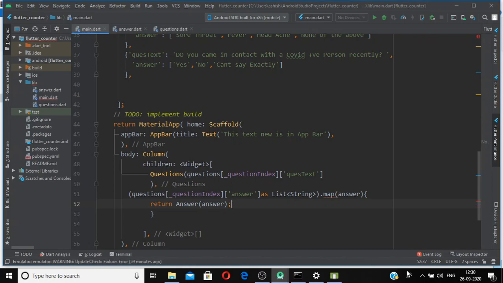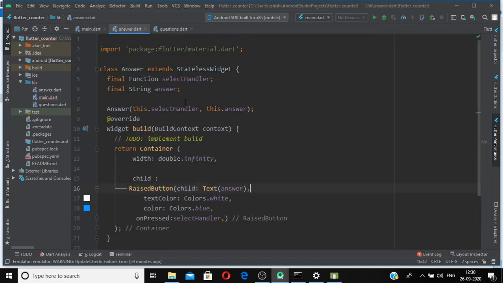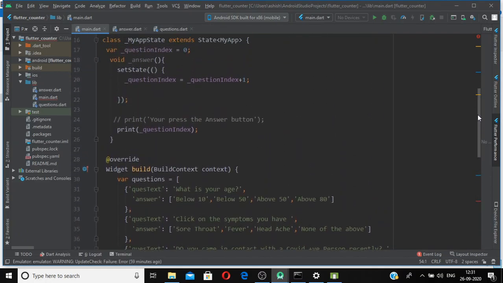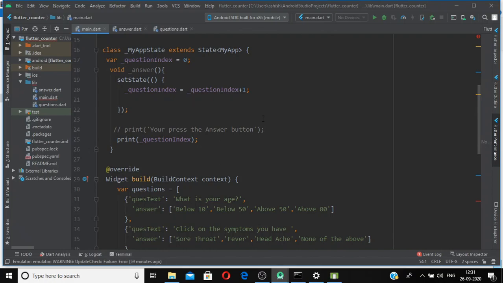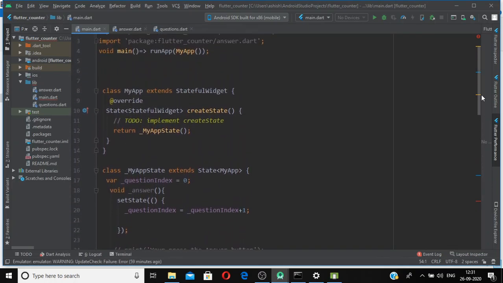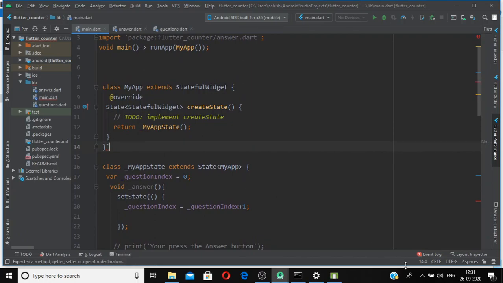So now if we see our answer widget, we have a constructor that is now taking two arguments. Still we need to pass that pointer to this answer widget, the pointer to this method, which is this.